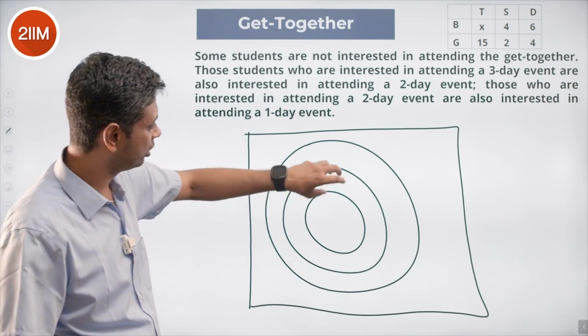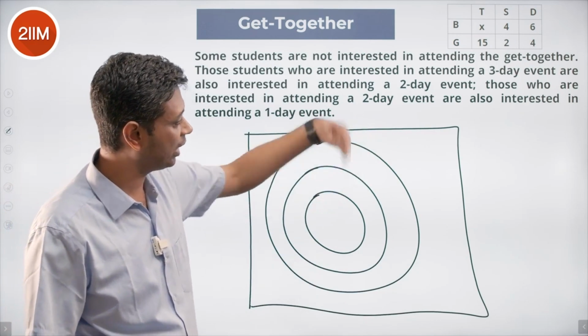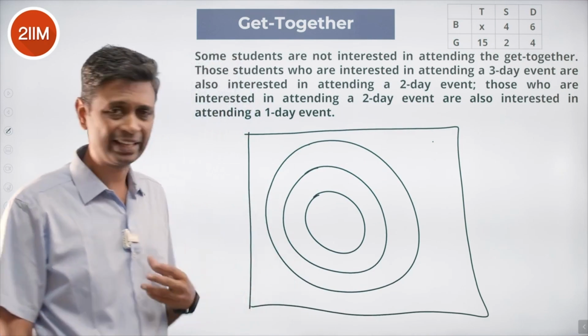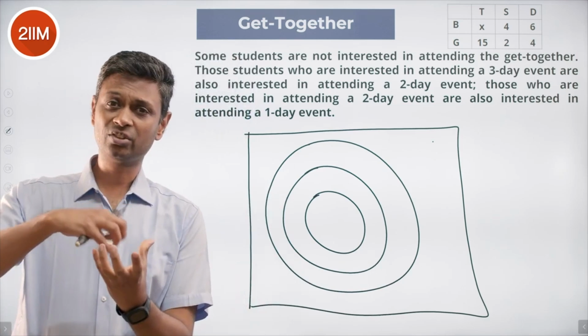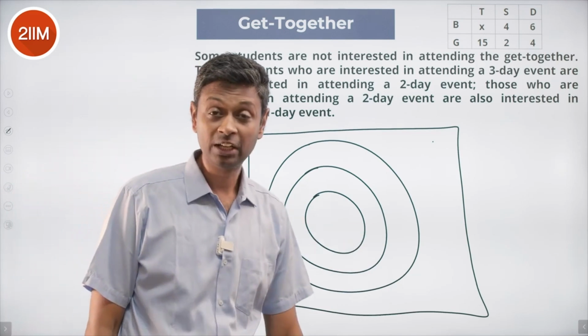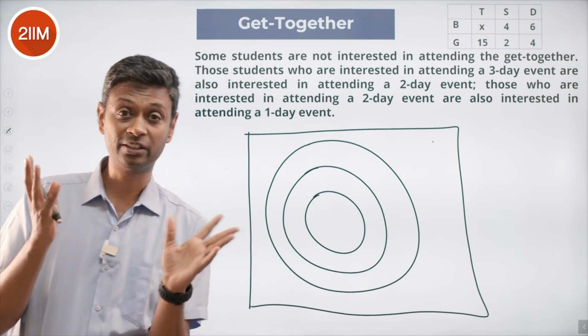This is a subset of this, a subset of this. 3-day, 2-day, 1-day, and outside. There are some number of people here as well. So this is like a Venn diagram, a nested subset thing. Right? So, and there are going to be boys and girls in each of them. And then this complicated singer dancer thing is also going to come.